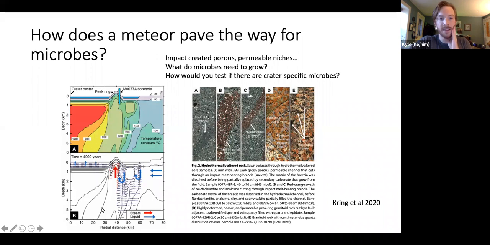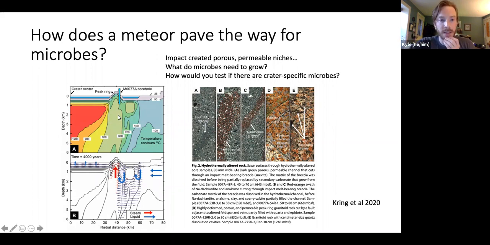And these figures right here are samples that are taken from the same site, but some of the authors' earlier work that came out in 2020 that was just looking at the structure of the rocks beneath this impact site, which is a good segue, if there are no more questions, into